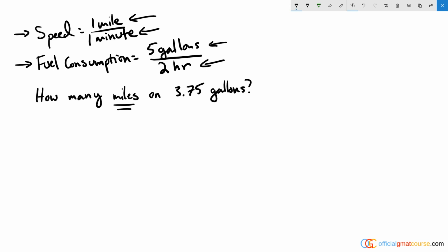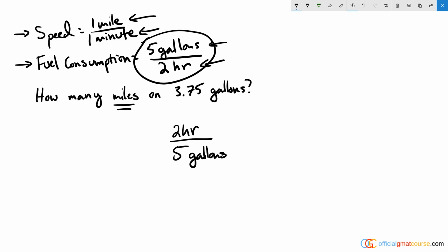And the only thing I have that deals with fuel is this conversion here. So I can turn fuel into time. And the way I can do that is I can take this fraction and I know that 2 hours uses 5 gallons of fuel. So all I did is I flipped the fraction over. This is still an equivalent top and bottom situation. Now, if I multiply by 3.75 gallons, you'll see that the gallons cancel out top versus bottom. And that's going to leave me with just hours on the top. So I have 2 times 3.75